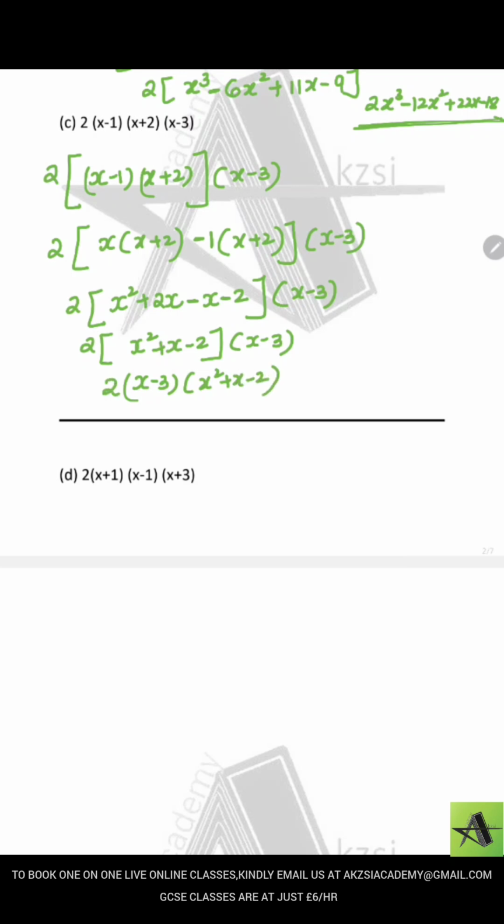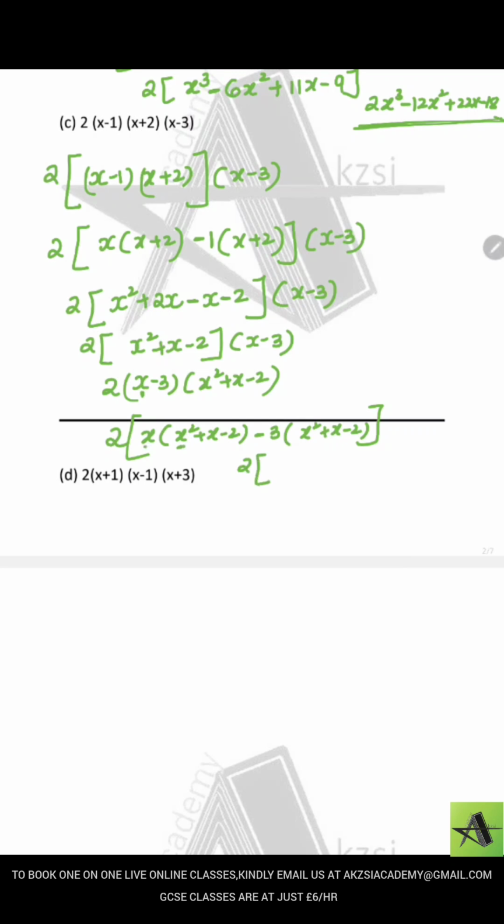Now we just need to expand it. So this x I'm multiplying with x squared plus x minus 2, minus 3 times x squared plus x minus 2, and this whole is inside the big bracket as 2 is outside. Let me simplify what's there inside the bracket. So 2 times